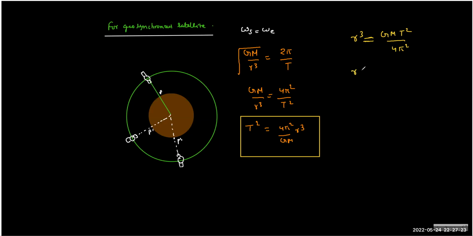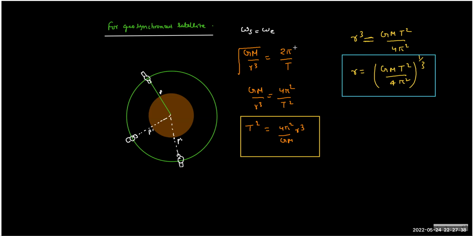So every satellite for every given planet must be moving at a distance of this value to be geosynchronous. And this is not very difficult to calculate. So if you try to do it for Earth, the R becomes...